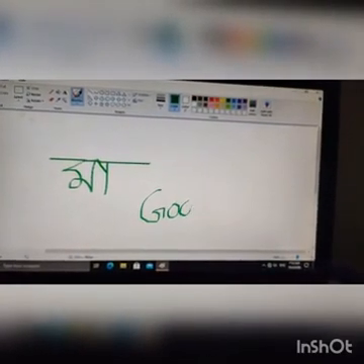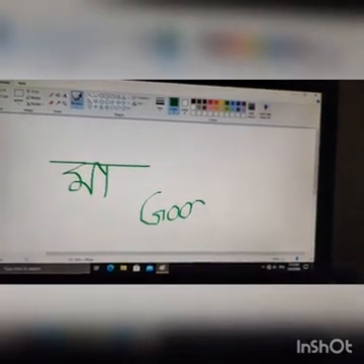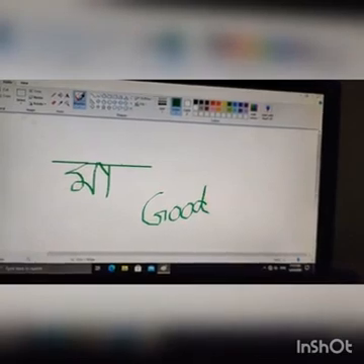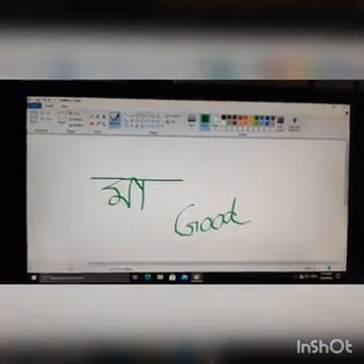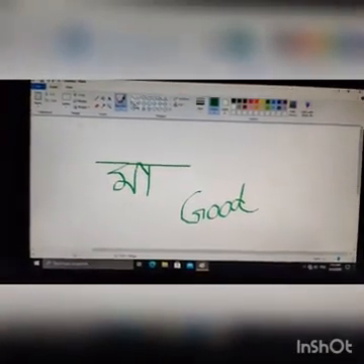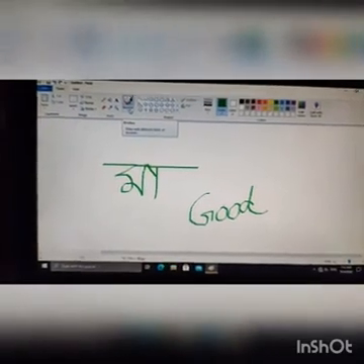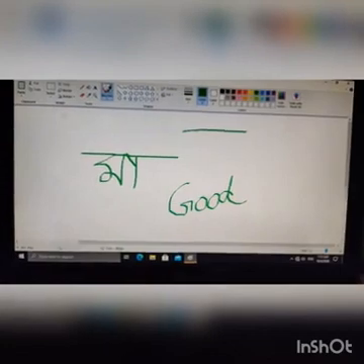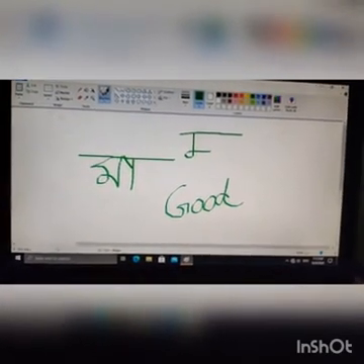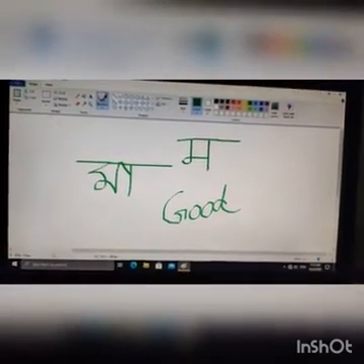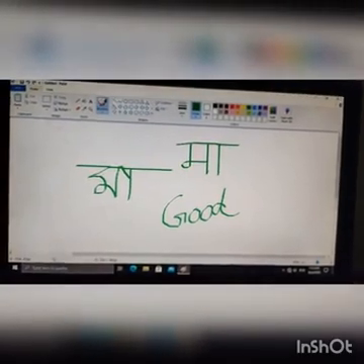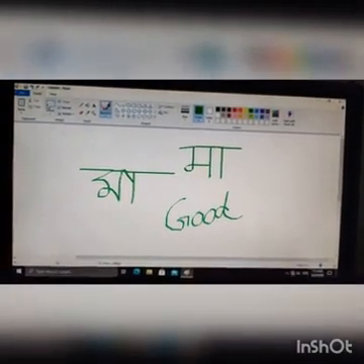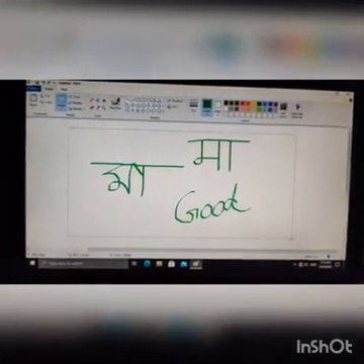Freehand writing also can be done. Okay, now let me show you all. You can write in Hindi also. Yes, like this. Okay, I am deleting it.